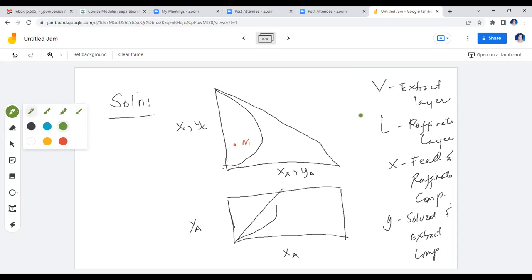Now, I'll use a different color. You can choose either an upper point as your starting point. It doesn't matter. Or you can use a lower point as your starting point. Okay. So what you're going to do is this. Let's say I'll choose this one. This point here. This point that I have chosen, class, is my tentative raffinate layer composition. Okay, tentative. I say tentative because I will first check whether my tie line will really strike through the 3